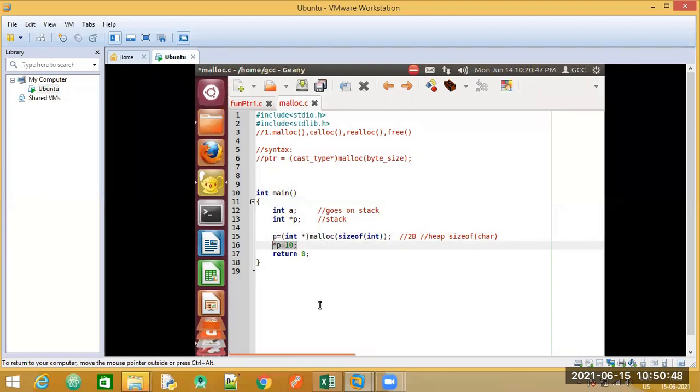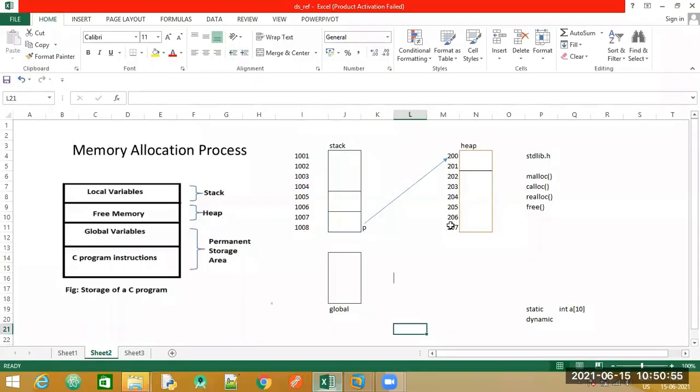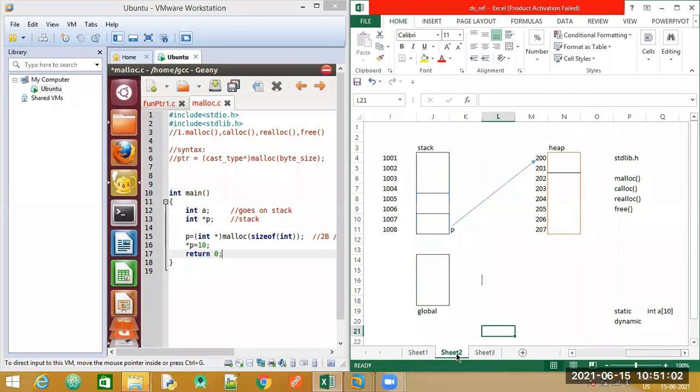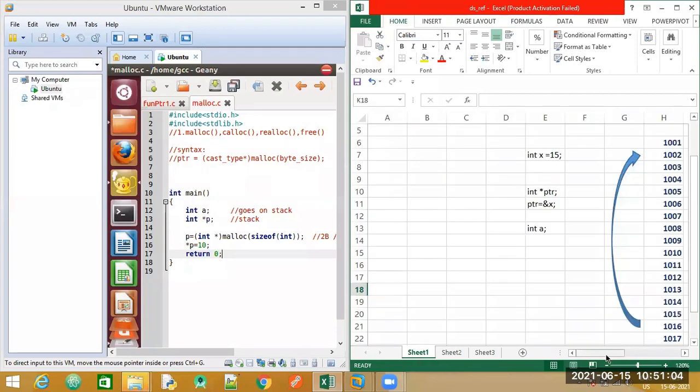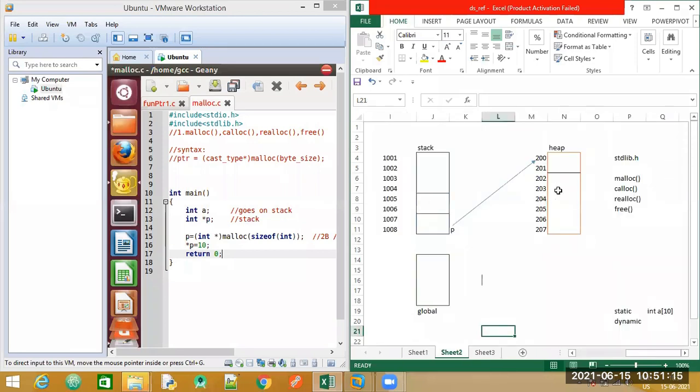Let the statement also be there. We'll go to our Excel sheet. Usually what we have done is, we have followed it like this. I have written continuously here. These are the memory blocks. The same thing I have done in this particular sheet. The only thing is I have kept it side by side. If you are getting confused by this, what we will do is we'll take this off from here.